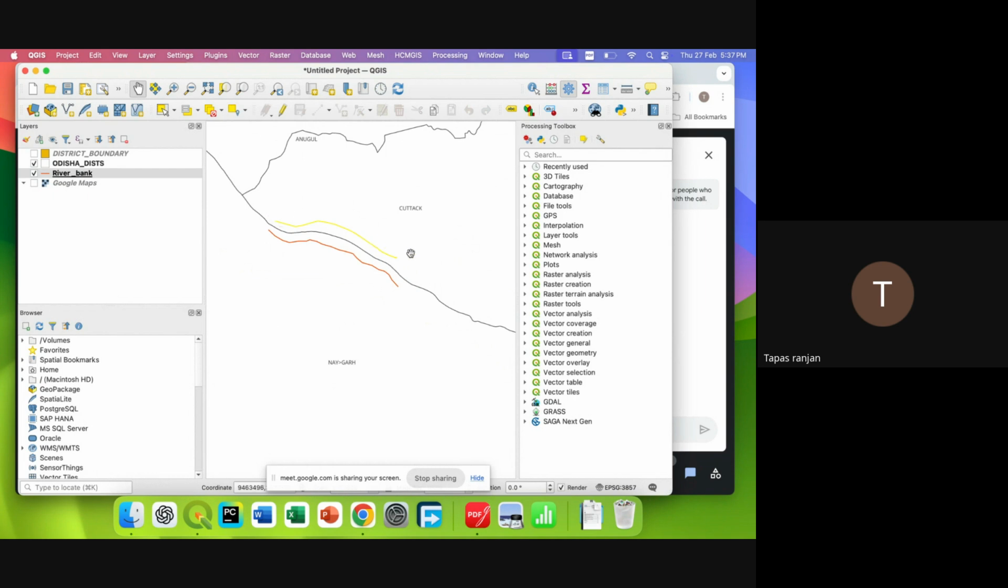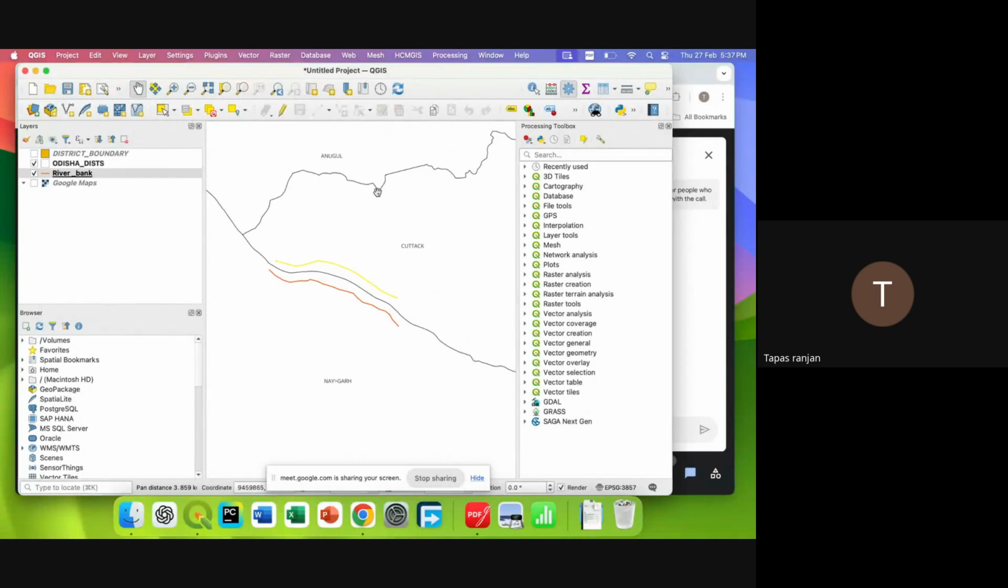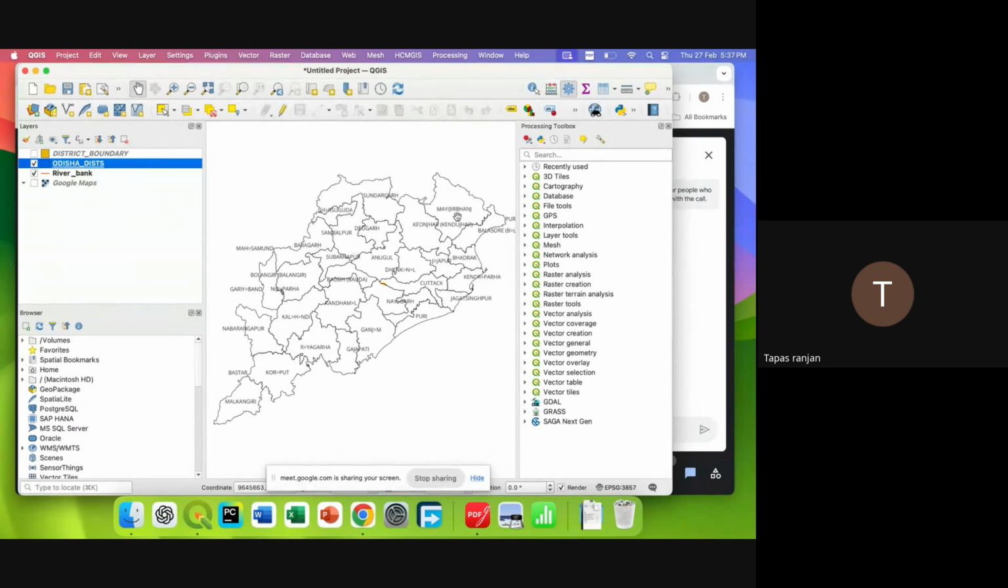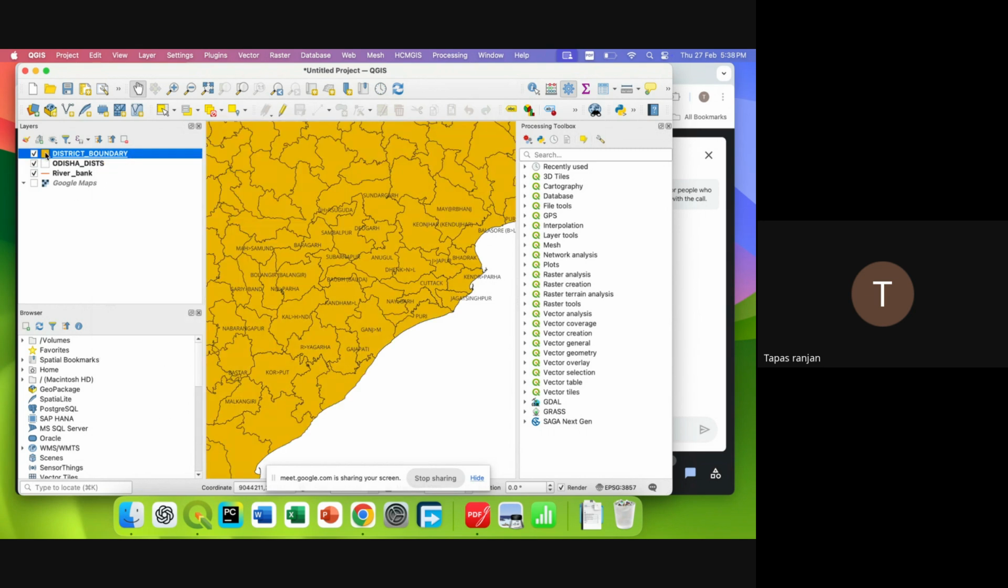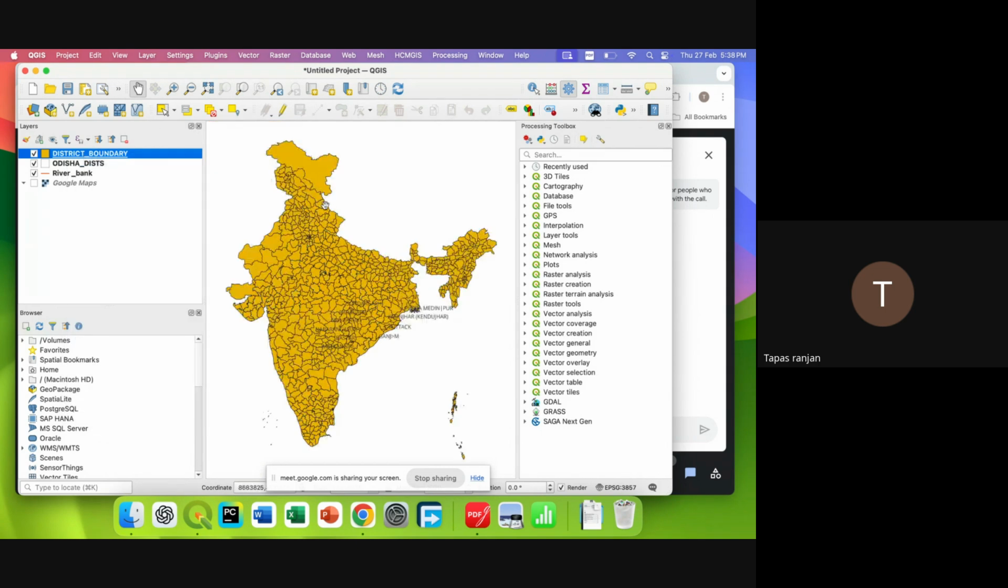Okay, so here we can clearly see that it is aligning well with the actual geographic positions, sorry. Okay, so we can look into it. Then you have the whole district boundary. I think we can toggle it on and zoom to layer, so you can see. So these are all the districts